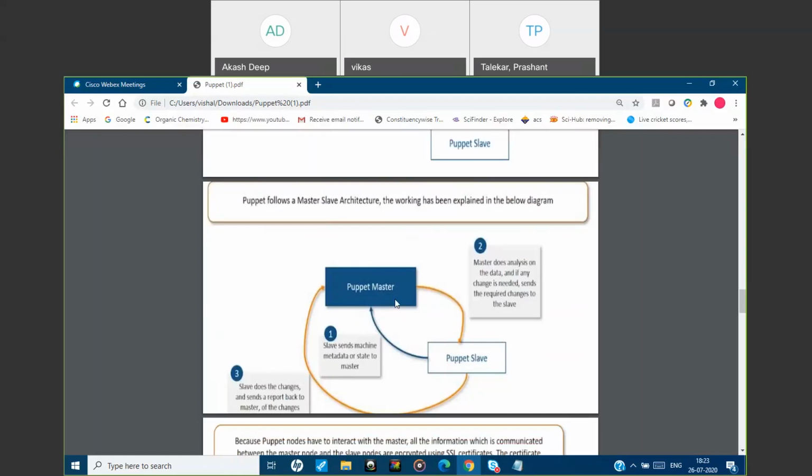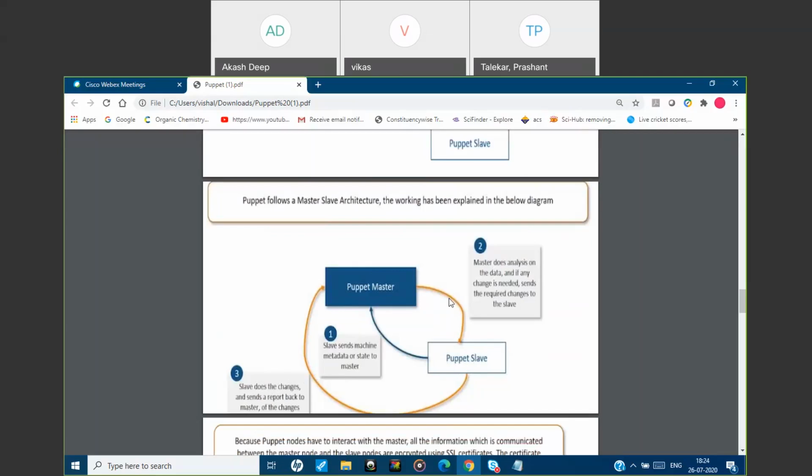As soon as you make any changes, suppose you modify from PHP 5.0 to 8.0, there will be a state mismatch. The slave will try to grab that mismatched state, and it will try to install the same things on the slave.